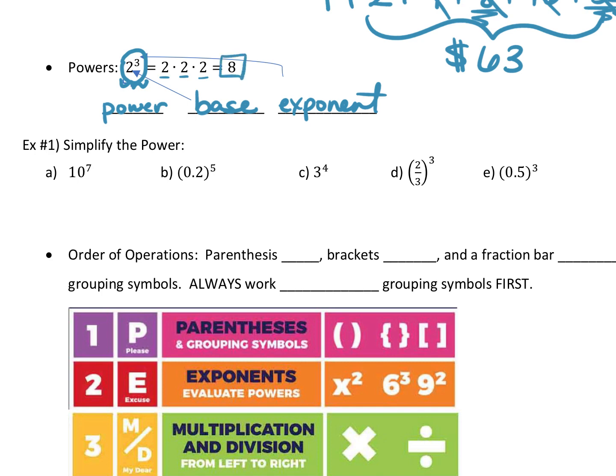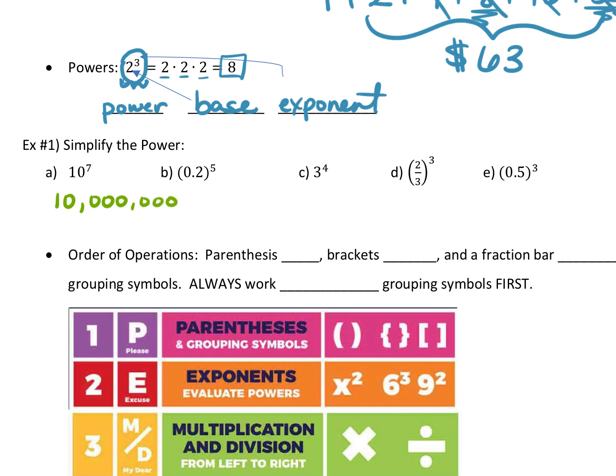Okay, so powers, you're going to be doing a lot with that. Get your calculator out. Tell me, maybe tell me without your calculator on this first one if you know. 10 to the 7th power is what? 700. No. 10 million. 10 million. It's 10 million. 10 to the 7th power has 7 zeros behind a 1. Okay. So you end up with